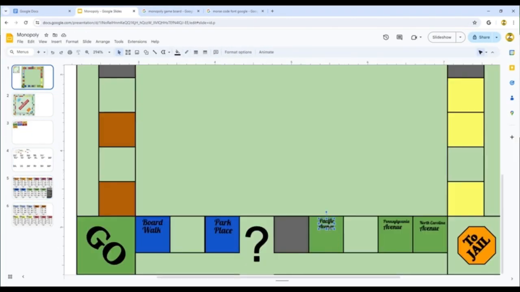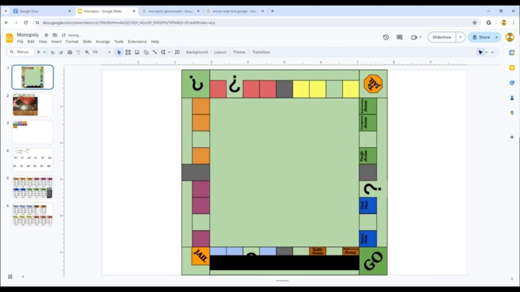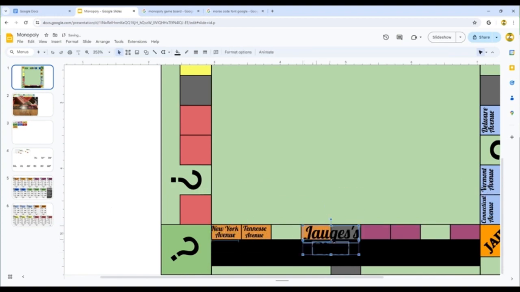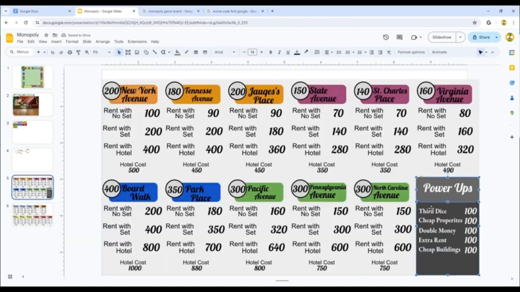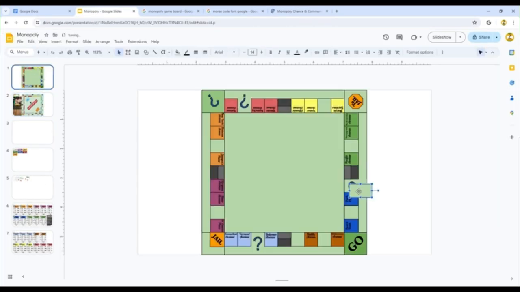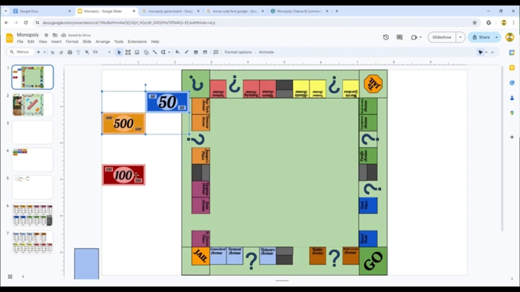So I've just copied all the text from the cards, and I'm laying them on the Monopoly board itself, adjusting them onto the board, making sure they take up the right amount of space and are all even with each other. And after that, I find a list of the